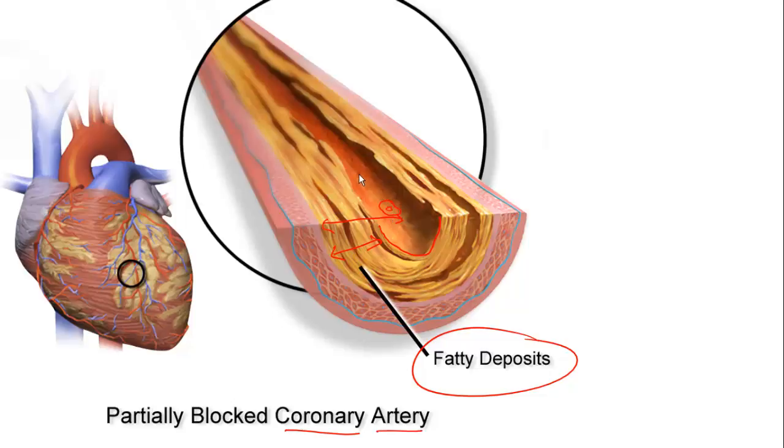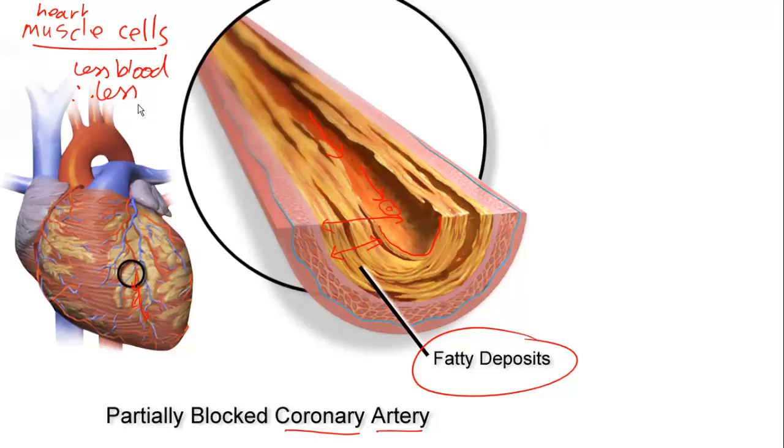Because of this, you get greatly restricted blood flow going through this artery, and therefore we get restricted blood flow going through to these tissues here. That means the actual muscle cells, and you've got to talk about the muscle cells. Indeed, you've got to talk about the heart muscle cells. The heart muscle cells themselves get much less blood, so we're right here, less blood, therefore less O2, less oxygen supplied to them, therefore less